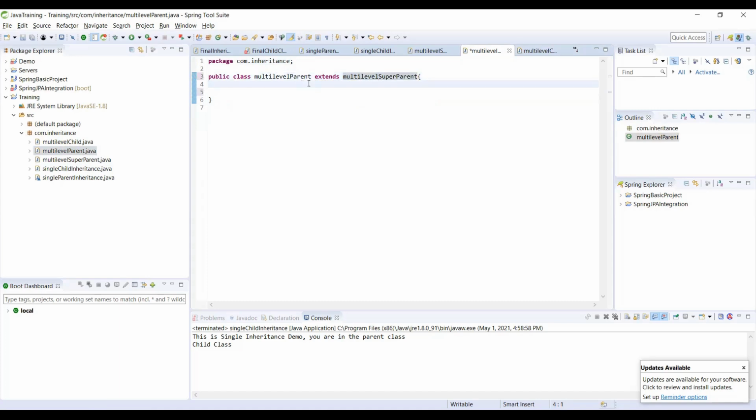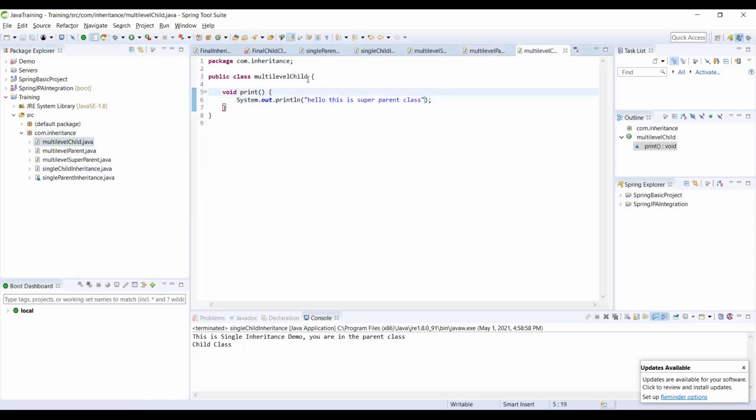So now here I will go and write void print parent, which prints, hello all, this is parent class. Now our child class goes in and extends multi-level parent.